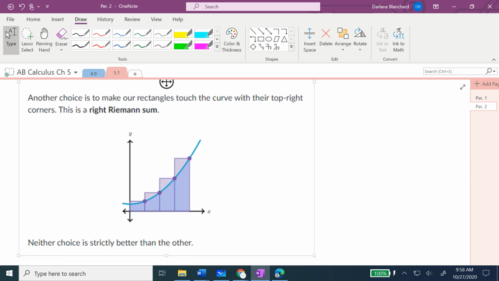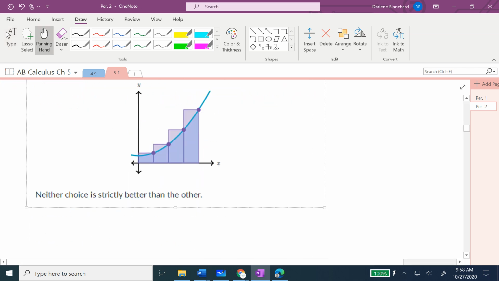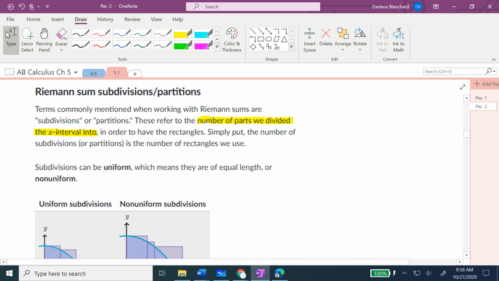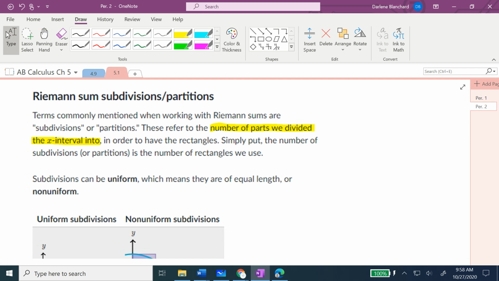There you go. Picture of a right Riemann sum. Now, some things to make sure to be clear on. Different words get used for cutting the x-axis up into a bunch of pieces. And I pre-highlighted a key thing to be aware of. When they talk about the number of subdivisions or partitions or subintervals, they're referring to the x-axis being divided up,